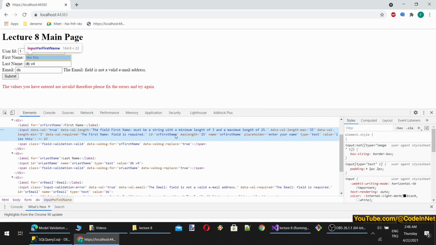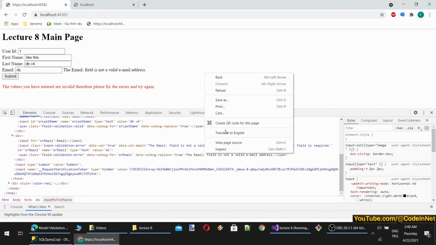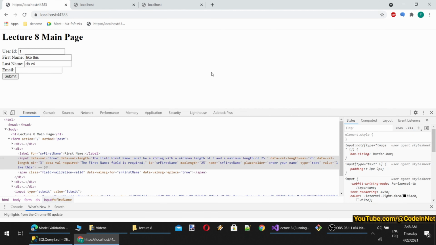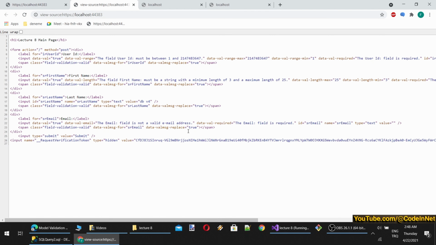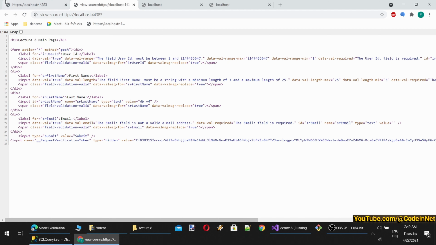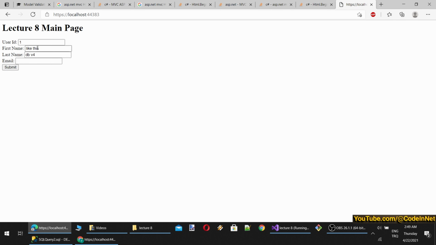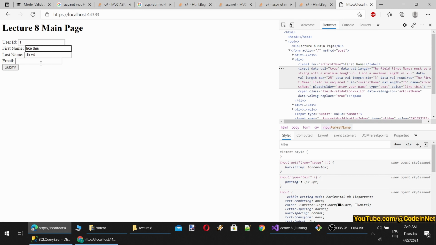I think it is simply using browser features, whatever browser you are using. Why can I see the page source? Let's try like this. Okay, yes, I don't see any script, so simply it is depending on the browser that you are using. If your browser is not supporting these features, it wouldn't work, obviously. For example, let's try submit. Yes, it says the email field.